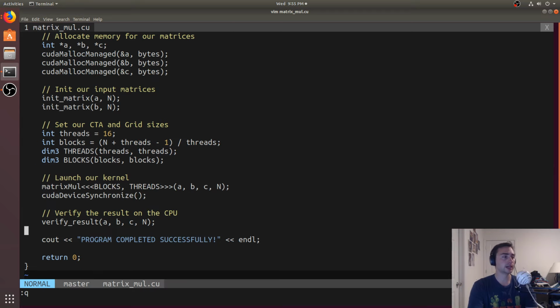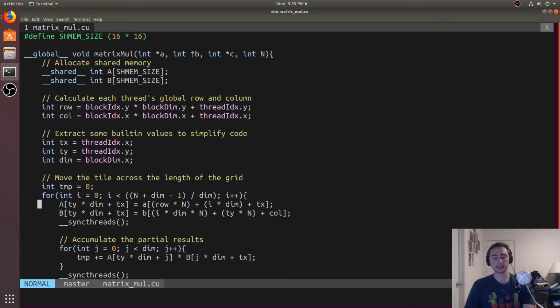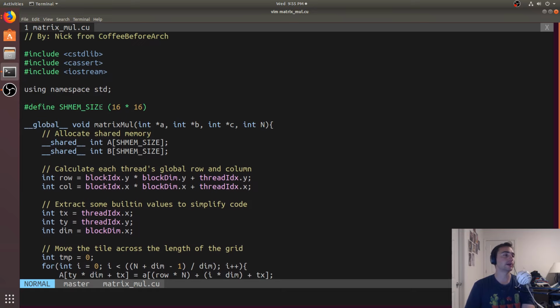So let's kind of close things out by going over everything again. So for statically allocated shared memory, we tell the compiler ahead of time how much we want. So we've got this 16 by 16 here. And then inside of our kernel, we can do shared int a, and then it'll be an array. And so how big do we want it? We want it to be shmem size. We want it to be the size of our thread blocks, which happens to be 16 by 16 or 256 elements. If we wanted to do this dynamically, we would do extern shared, and then we pass it in as